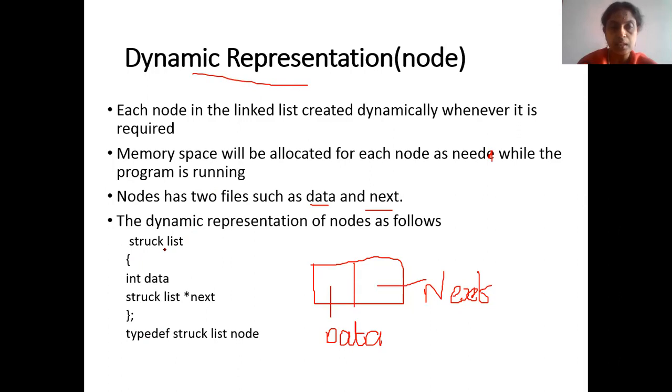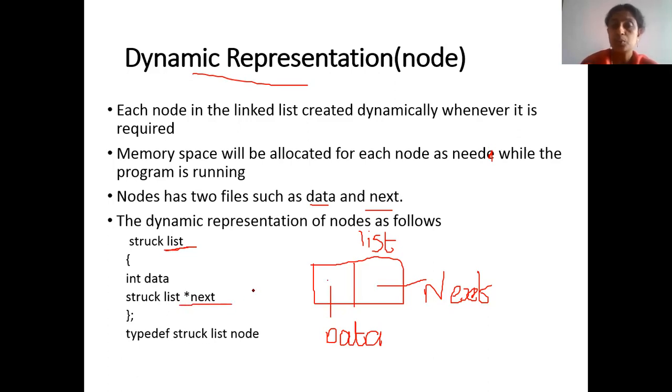So we will display the list. The entire thing, the node, I call it a list here. So the list has two parts: one is data and the other is next. Within the structure data type, we are declaring two items. One is data for storing the data, and another is to know the address of the variable.